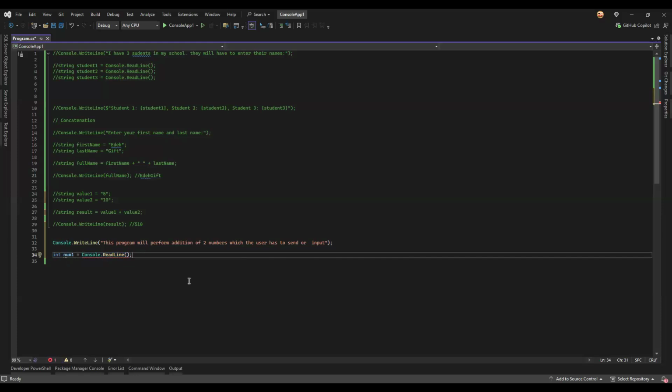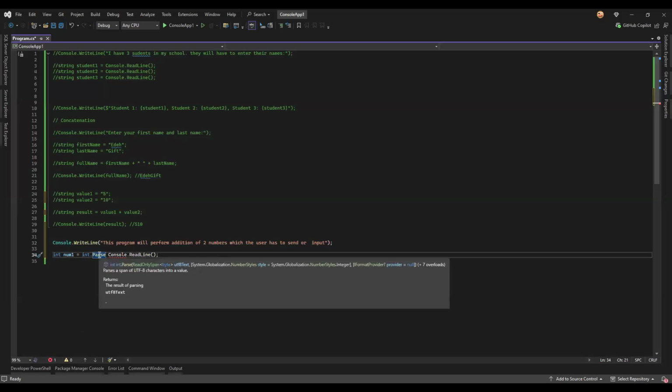So there's a syntax that helps us to perform that, which is int.parse. Int.parse. What does int.parse do? What does it do? If you check, one thing you guys should be doing actually is